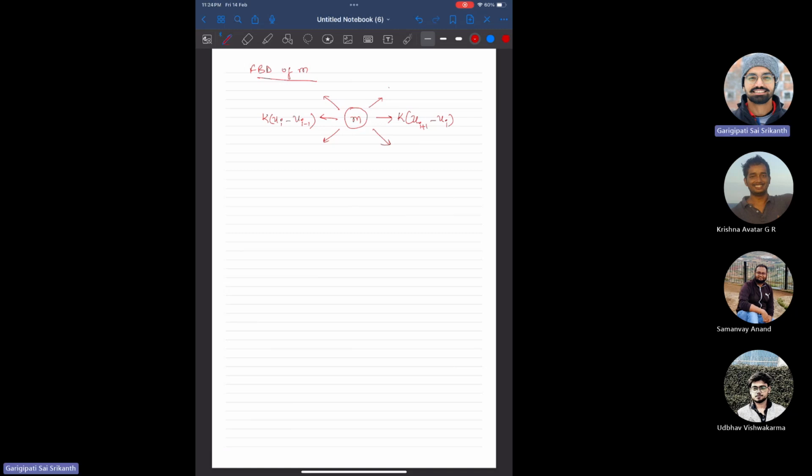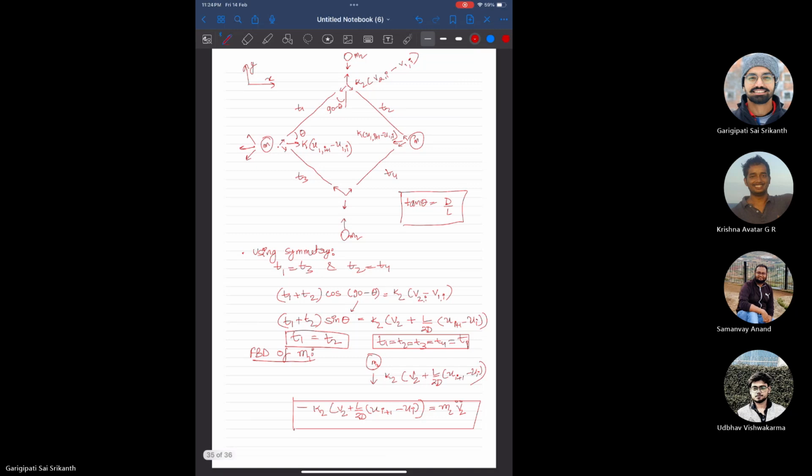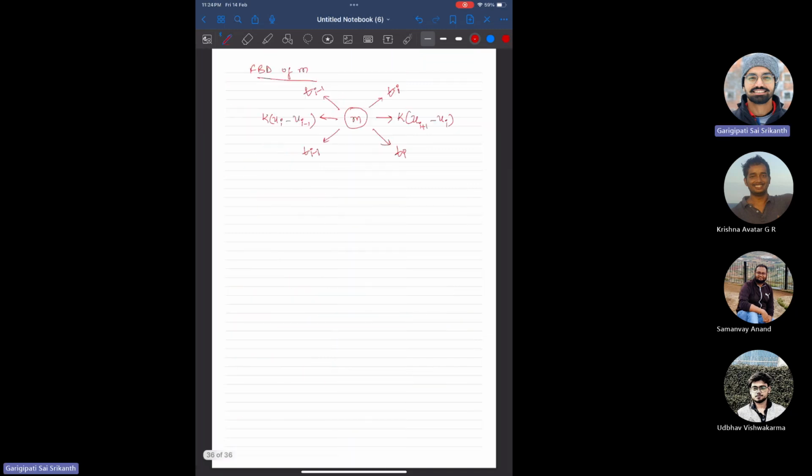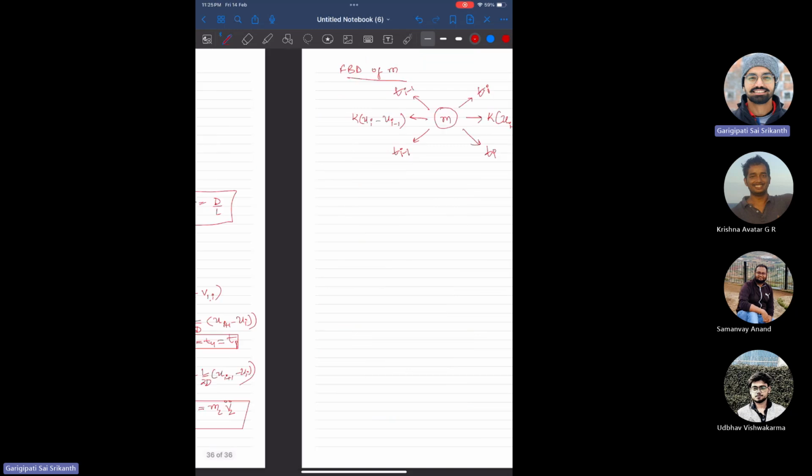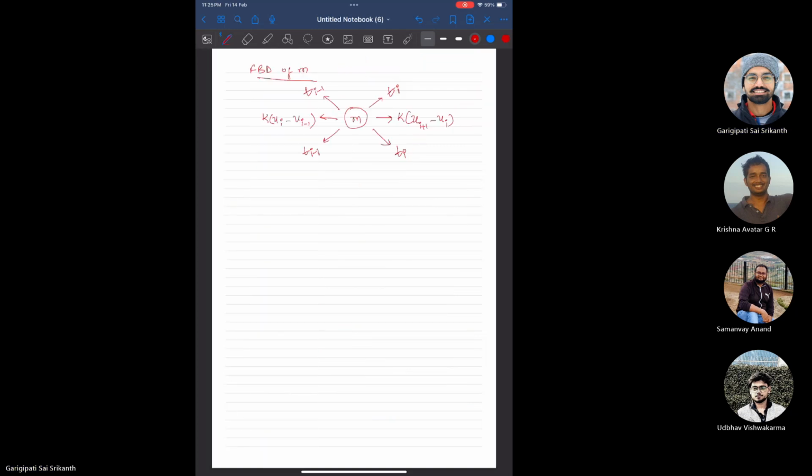So this will be T of i, and this will be T of i minus 1, right? So what do we have here? We take the components in x, we have to take the cos theta components. Then